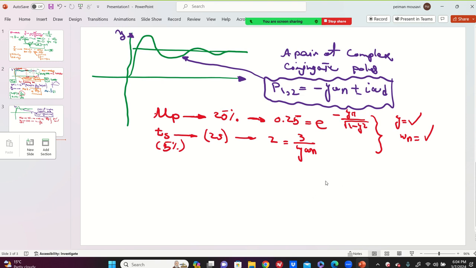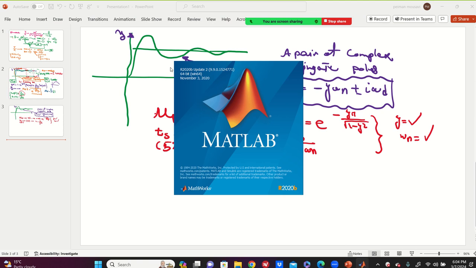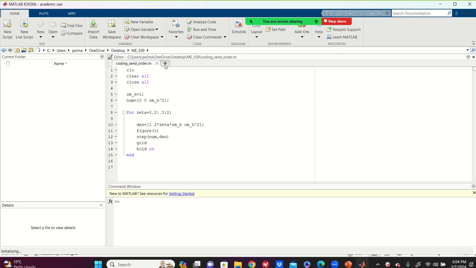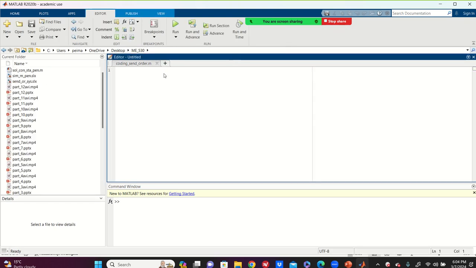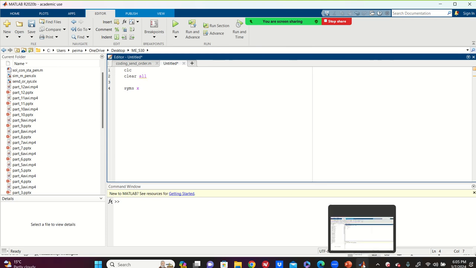Suppose that I'm teaching you the control from now eventually, but I know that this area is the coding and MATLAB. I close MATLAB? Okay. So you come here and you develop a simple code. You don't need to even write everything. You're gonna say clear all. You're gonna say syms x. Your unknown zeta is x, for example, a symbolic definition of x. And you're gonna say zeta equals the solve command in MATLAB,